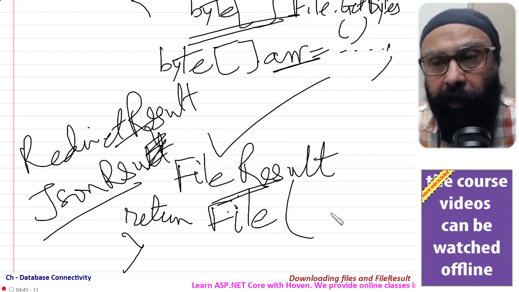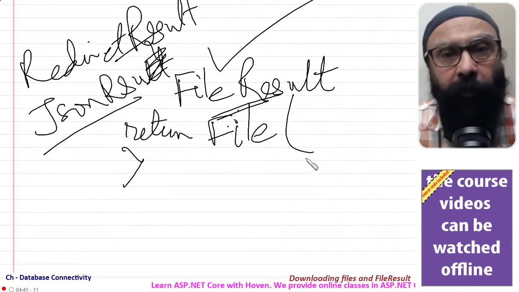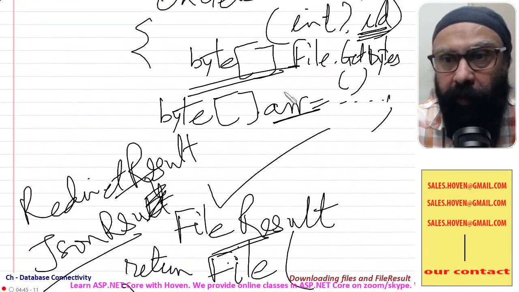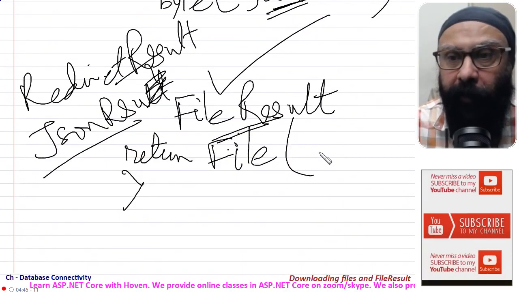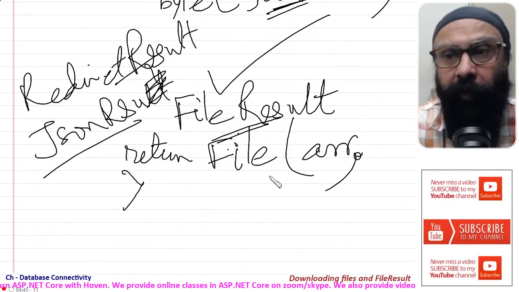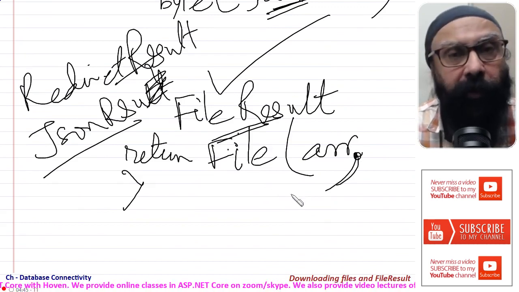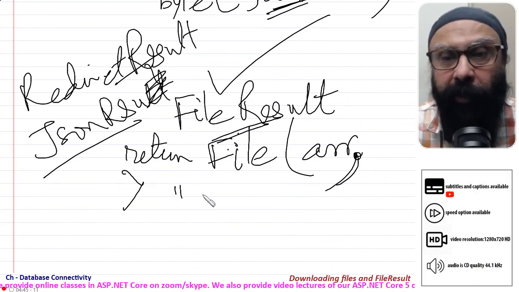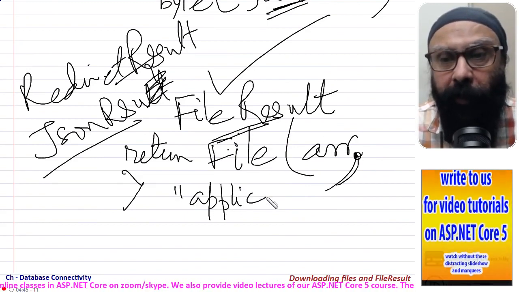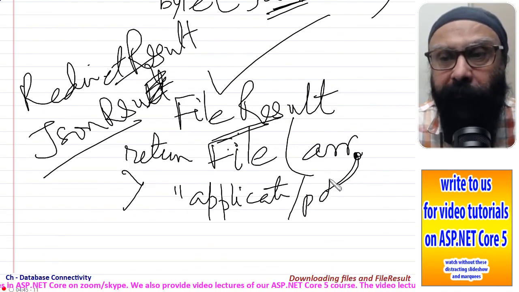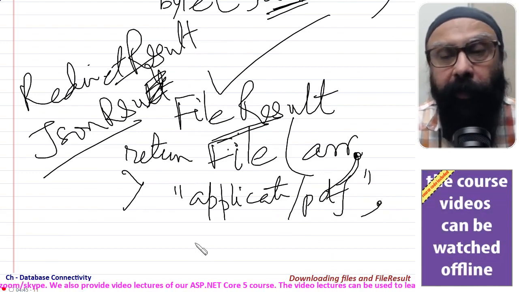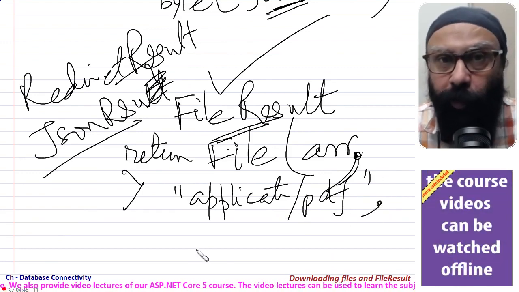This File takes a few parameters. The first parameter is this byte array arr. After this first parameter, the second parameter is the MIME type, application/pdf, the type of the file that you are sending, and the third is a name of the downloaded file.